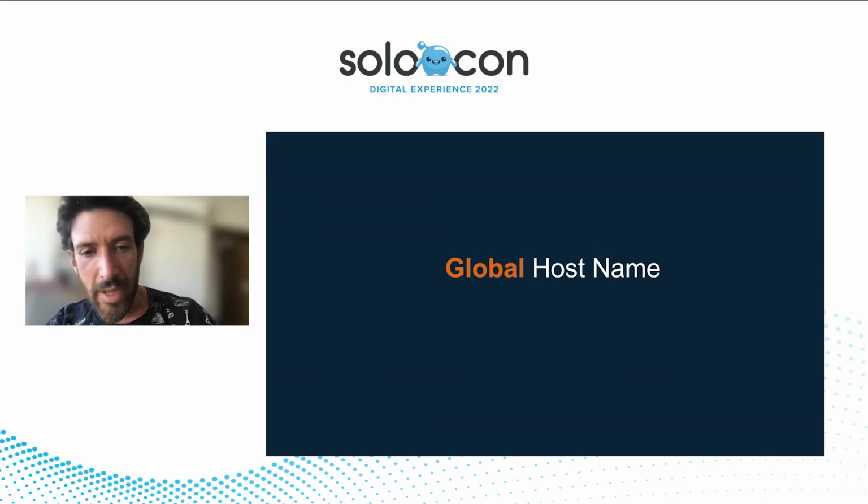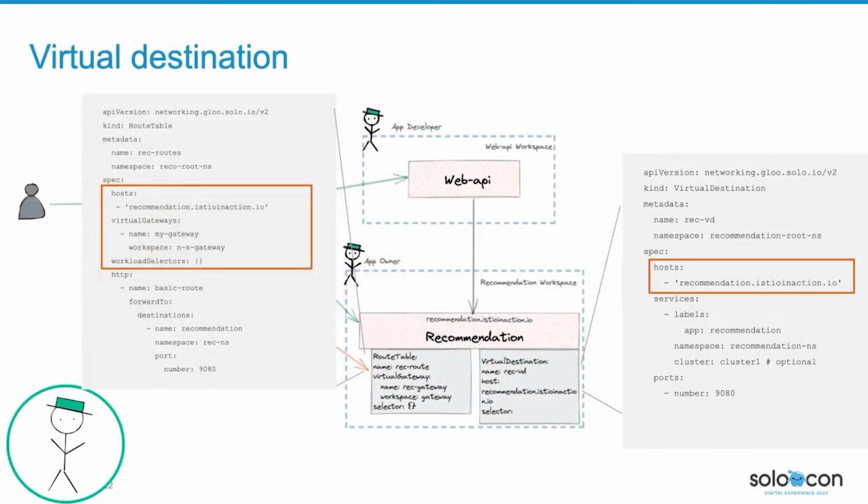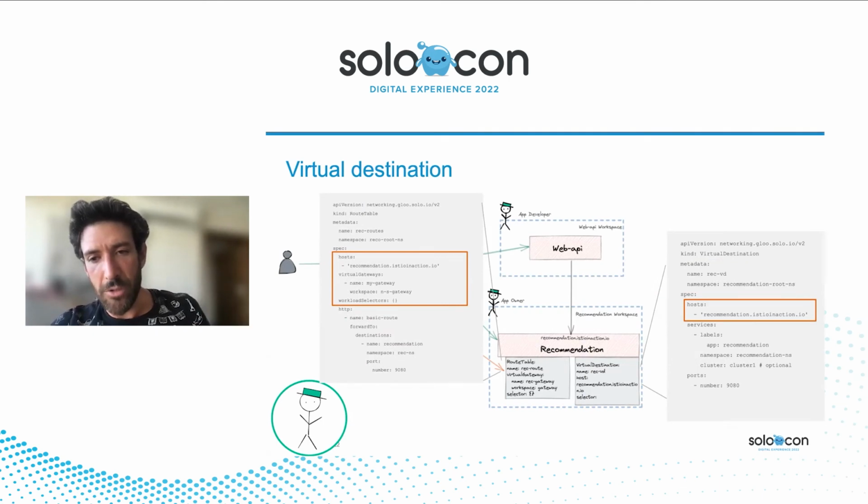So another feature that's exposed by Gloo Mesh is something that we can call a global host name. This I referred to before as our virtual destination. The virtual destination is an object that lets you aggregate a bunch of different services with different host names, or they may even be existing in different clusters. In fact, that's the primary use case. You have some set of external services as well as some service that's replicated across your clusters, and you want to aggregate them together under a single host name so that client requests can be routed to the appropriate backend without having to think about which host name to use or how to set up individual routes between each of your clusters.